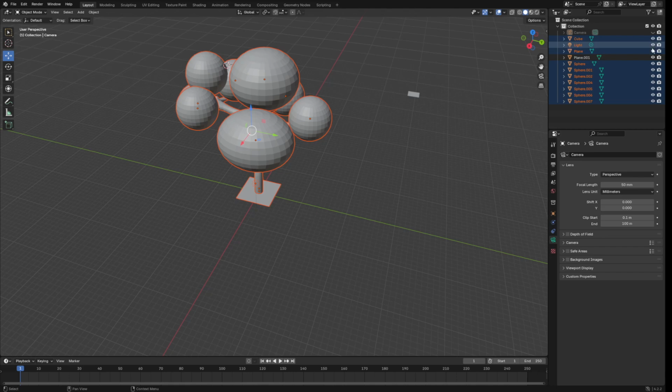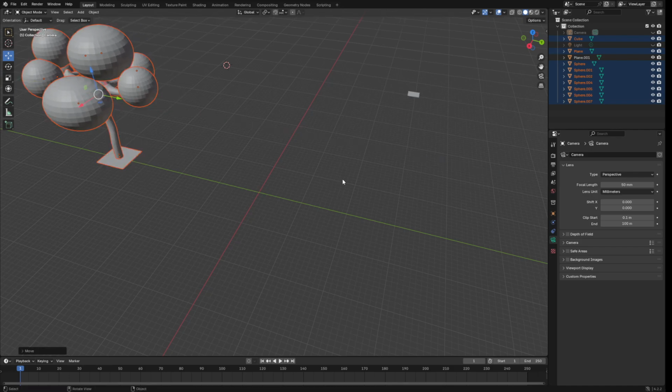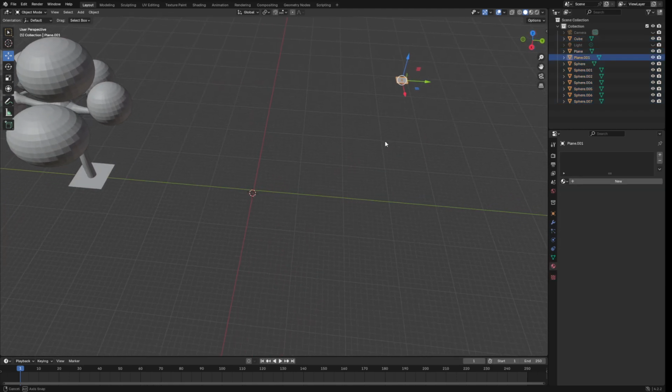Ignore the camera and the light. Those are not important, and we're just going to move this tree to the side. It's not important right now. And we're just going to take our plane,